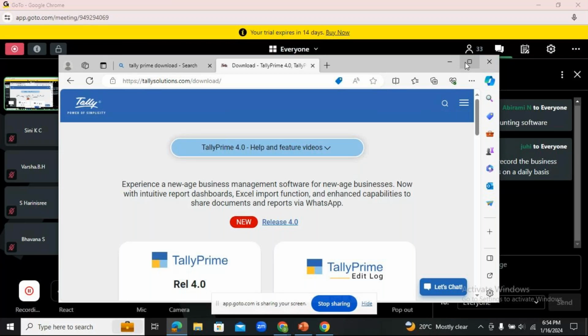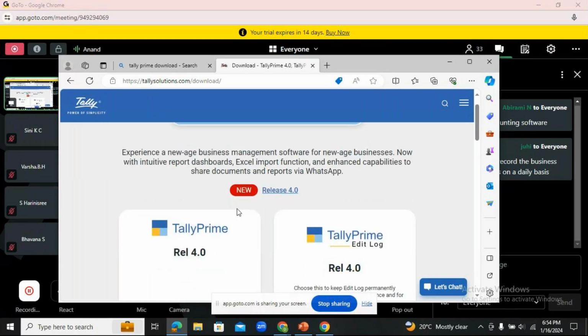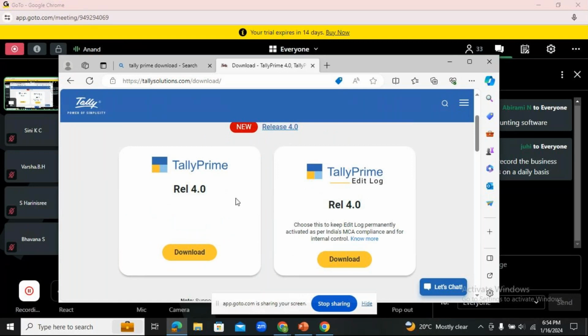Right? So this is the official website. In simple terms, I've told you, this is the TallyPrime download. You can just type it in Google Chrome or Microsoft Edge, and you get the official website here. There you can observe that the current version is release 4.